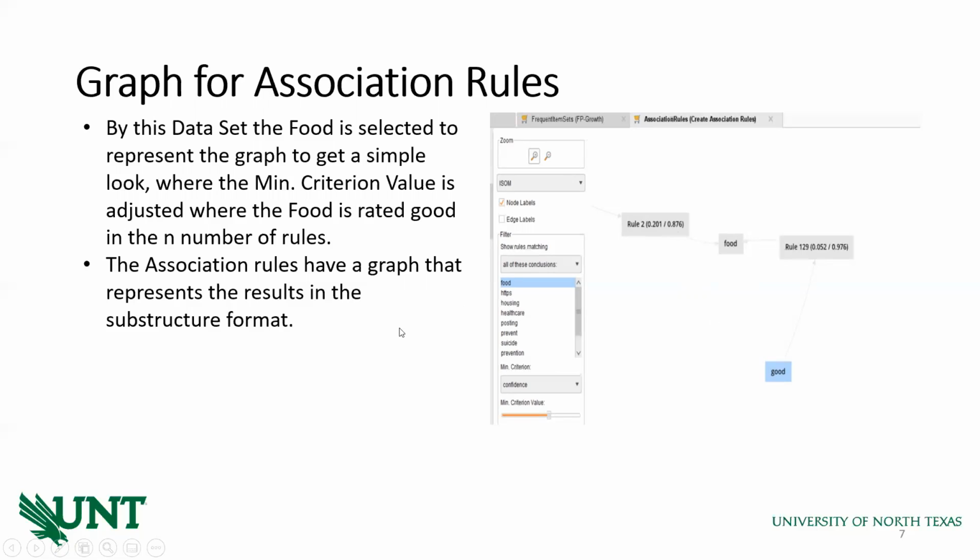The association rule has a graph that represents the results in a substructure format. Here we can see some filters and options.